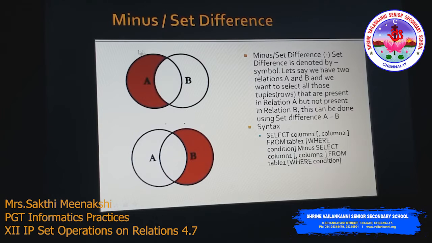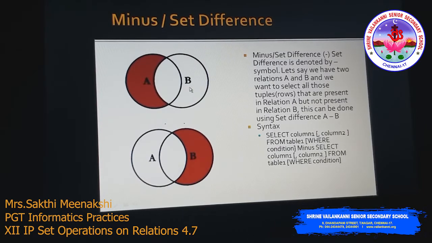So left join takes all the values from table A and the common records also. So this area is also covered in left join. But what we want in minus is only the records from the left table alone, not the common columns also. Right? So how can we achieve this?